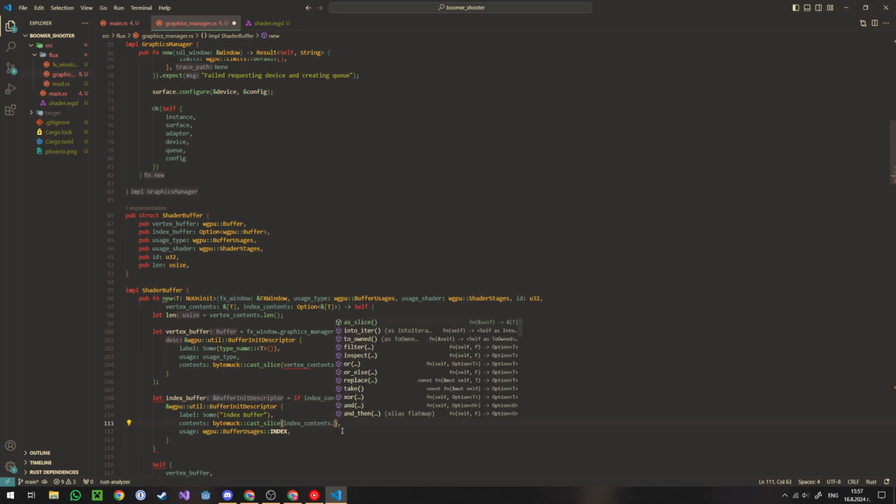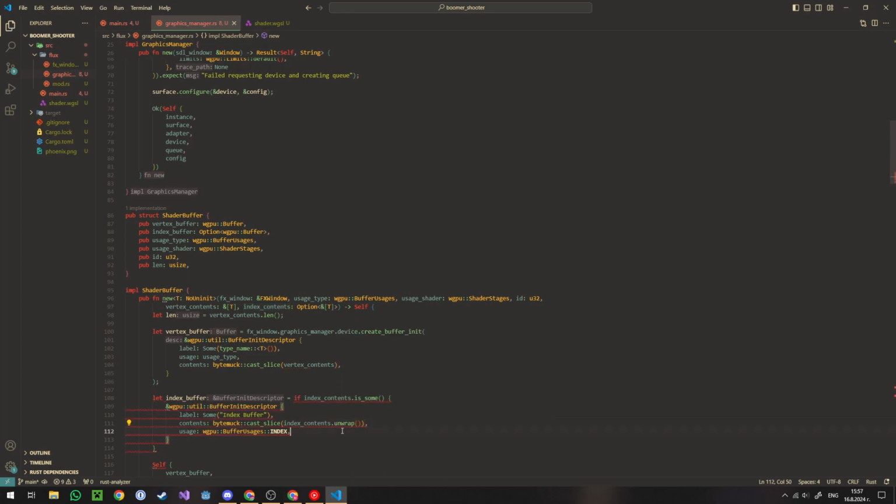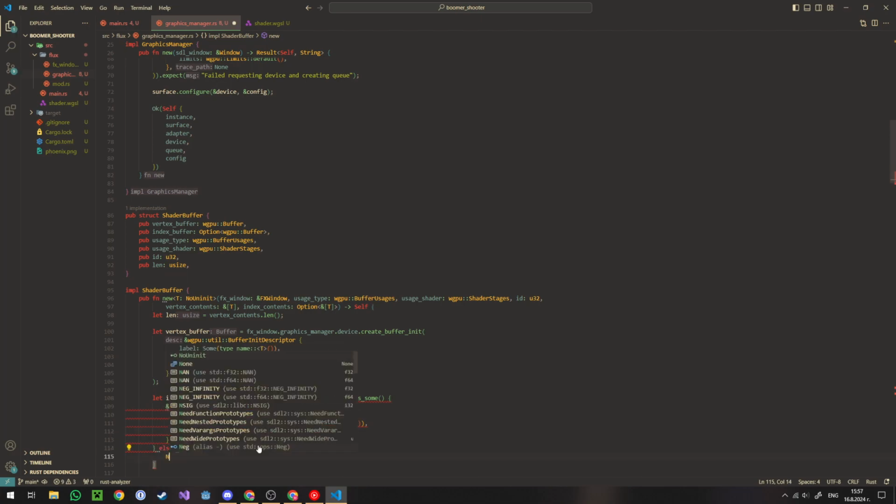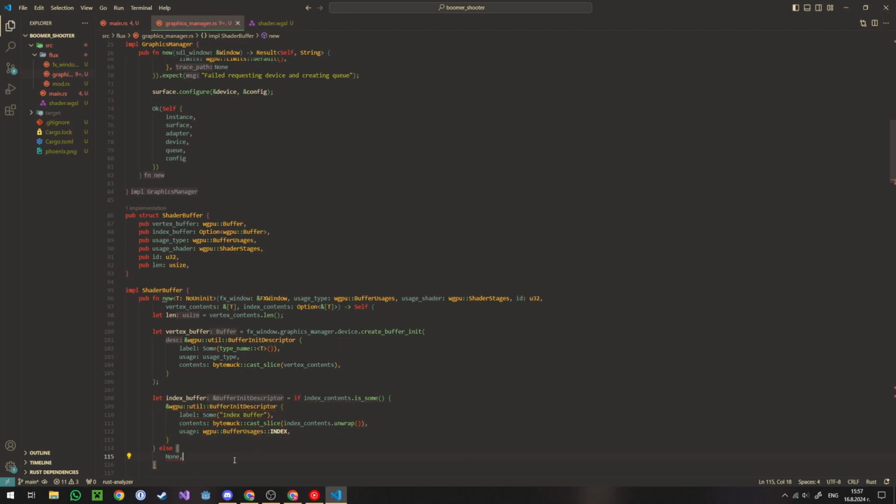Index contents dot unwrap, else none, and no comma there. Usage index, name is gonna be